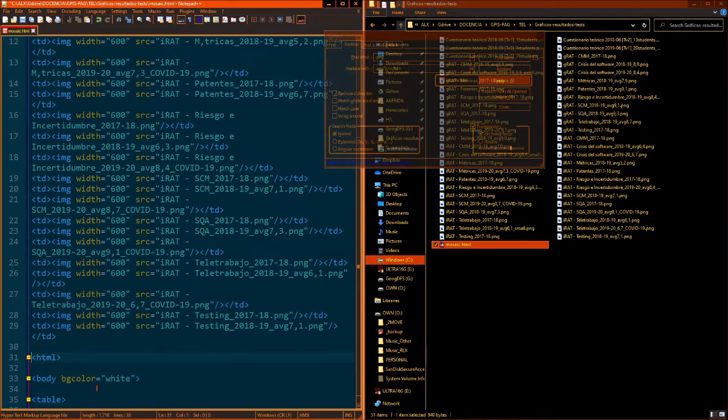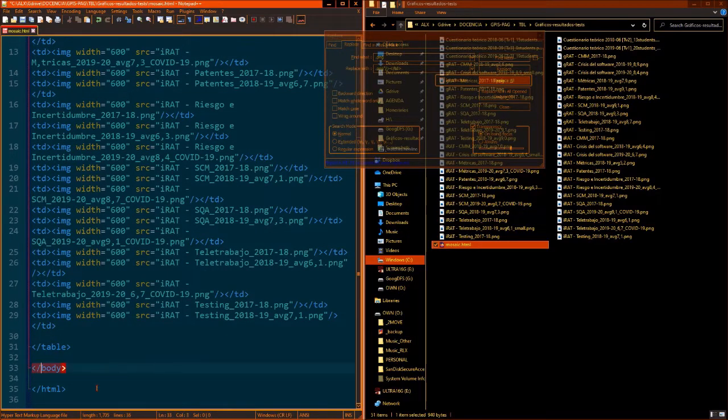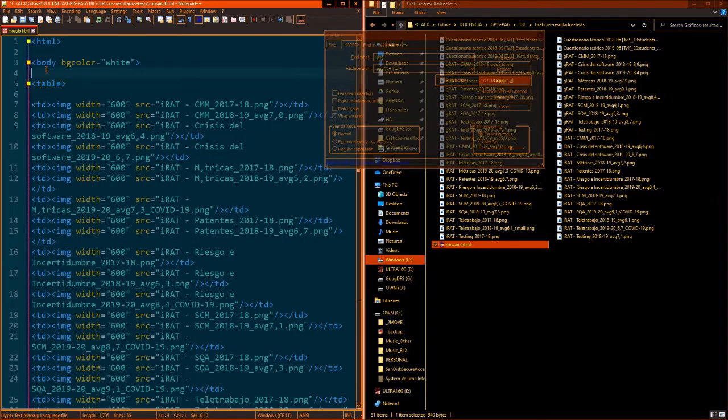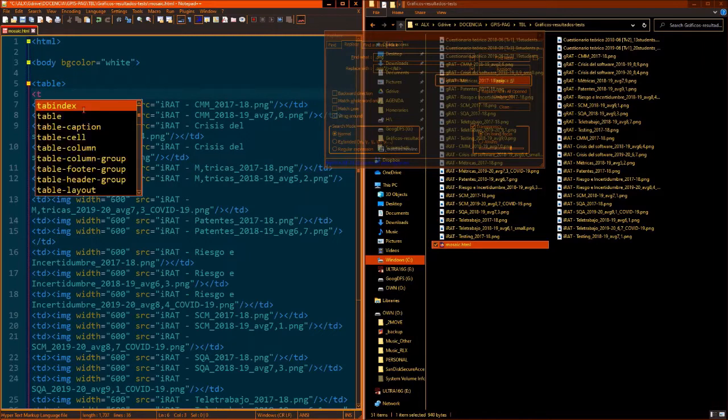I have to change the order of the tags, obviously, and I have to add the slash to make them closing tags, and obviously eliminate the attributes here. So I have all the openings and closings of the tags. So I have an HTML file with a body and a table and the table data cells. I still need the table rows.